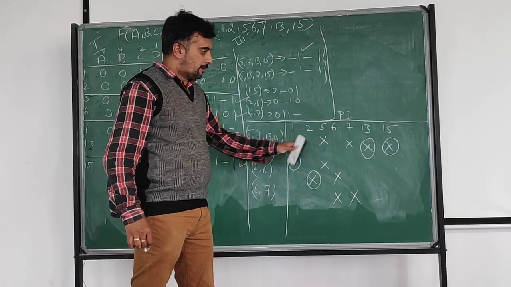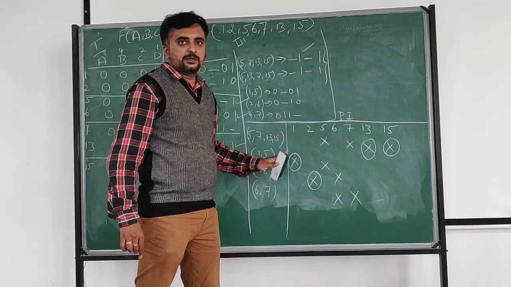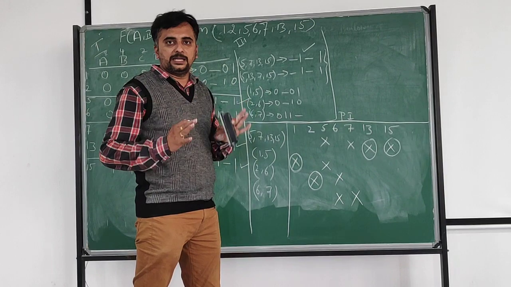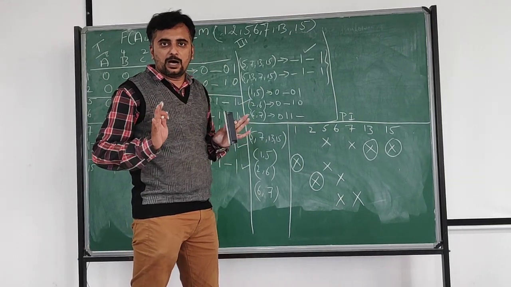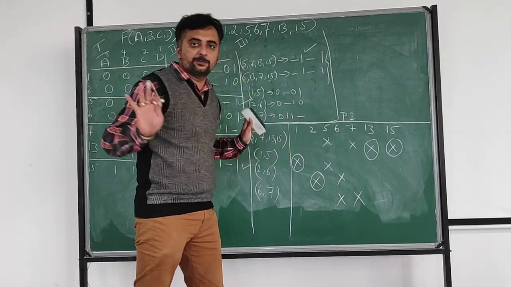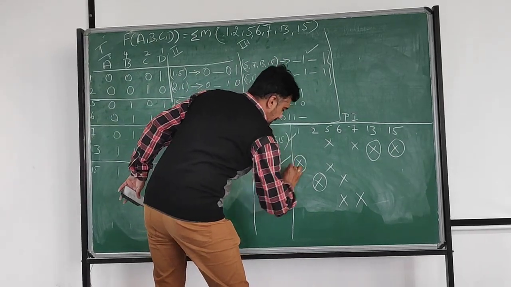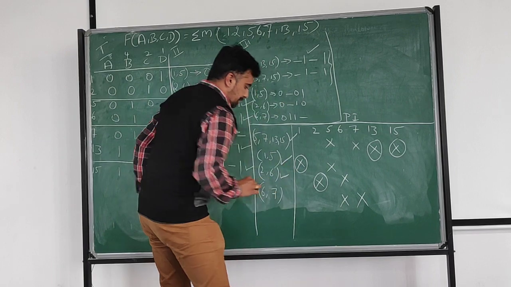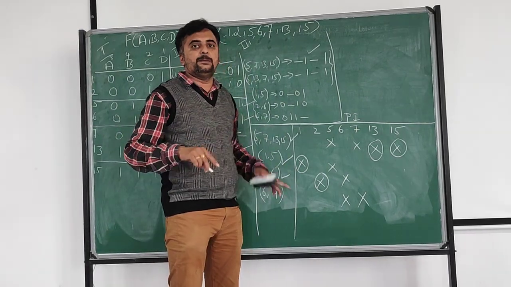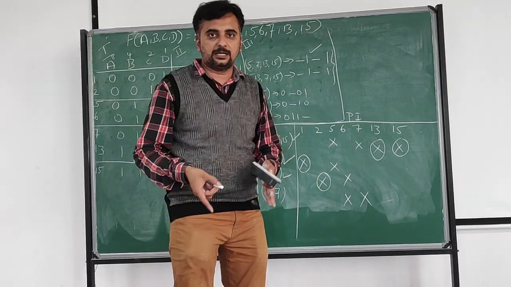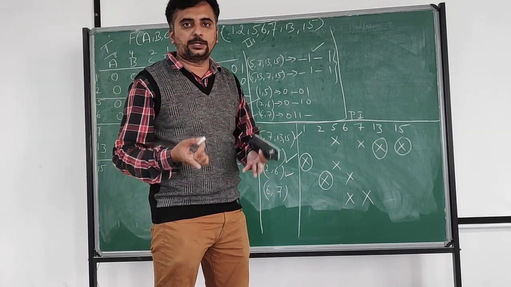After round marking this mapping, the major thing and 80% of the problem is getting over. How? These 3 are 100% prime implicants, final value. These 3 are 100% prime implicants. And this one, now only 6, 7, is it a prime implicant or not? We have to check. How we will check? By using a carting method.